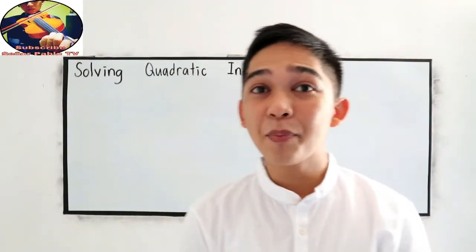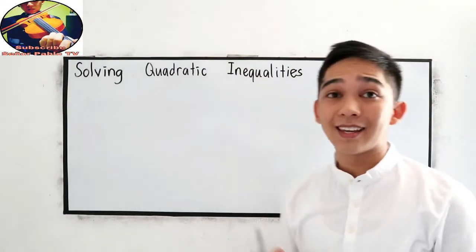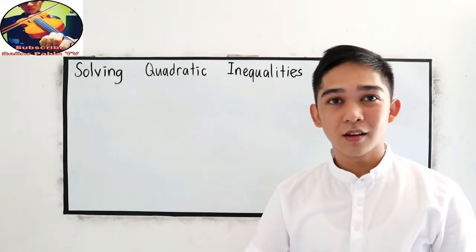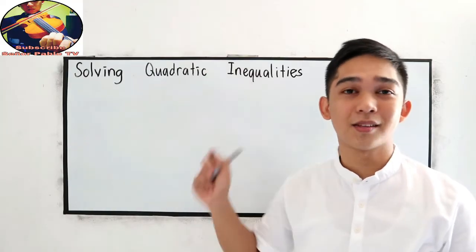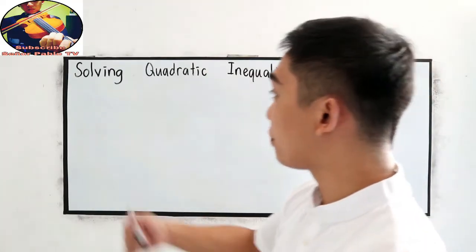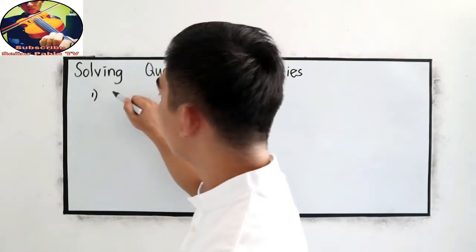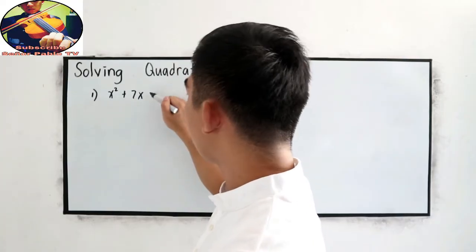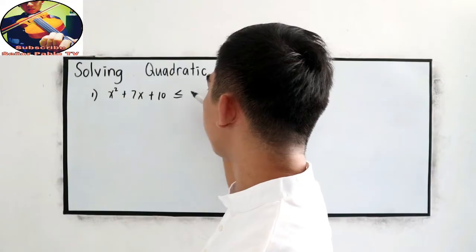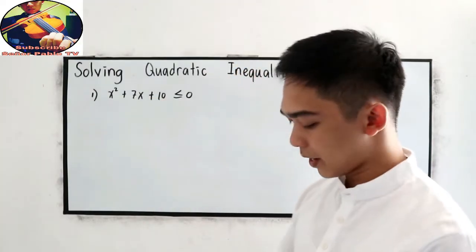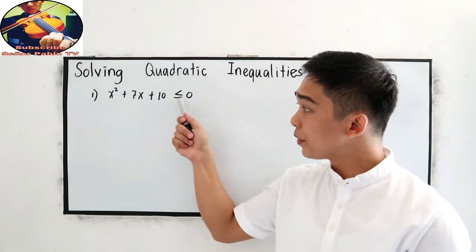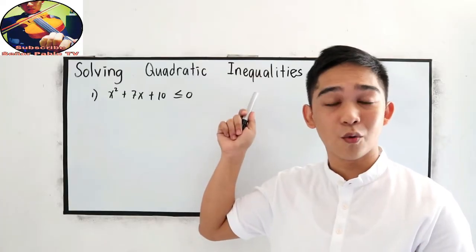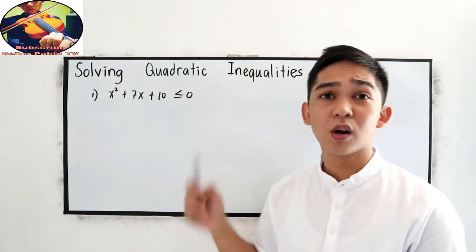Again, this is very important. Our topic is solving quadratic inequalities. For grade 9, you have your quadratic equation. But what if we have these quadratic inequalities? Let's say we have problem number 1, x squared plus 7x plus 10 is less than or equal to 0. If it is equal to 0, that is easy because we already discussed that in our quadratic equation. But if we have less than or equal to 0,